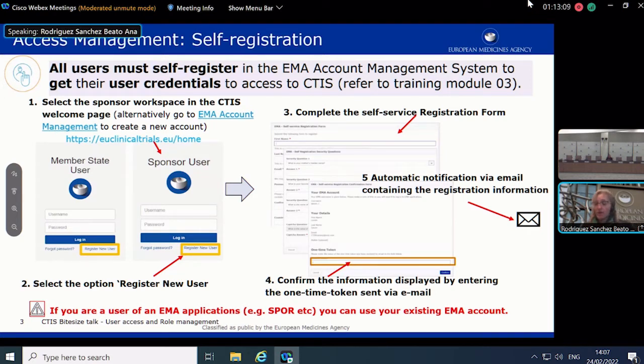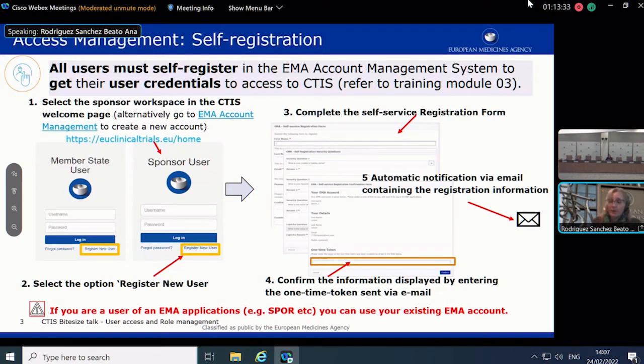You will receive through the email you have provided a token that you will need to enter to finalize the completion of the form. Once you have entered that token in the system, you will receive automatically, as you can see in point 5, a notification which will contain all the registration information.